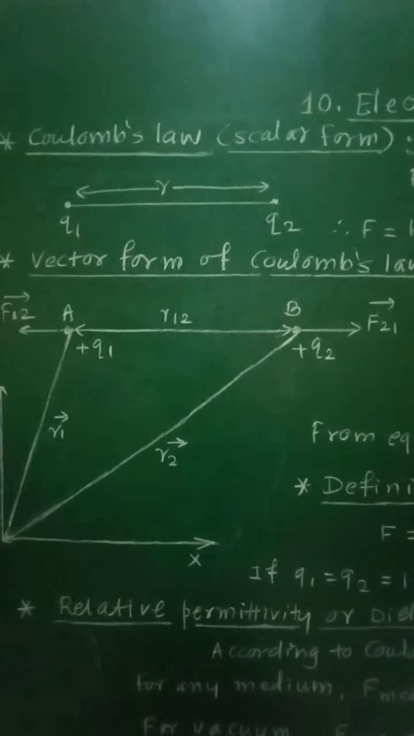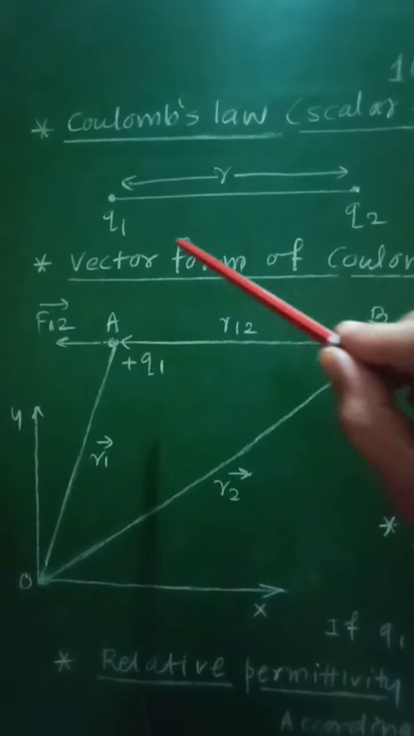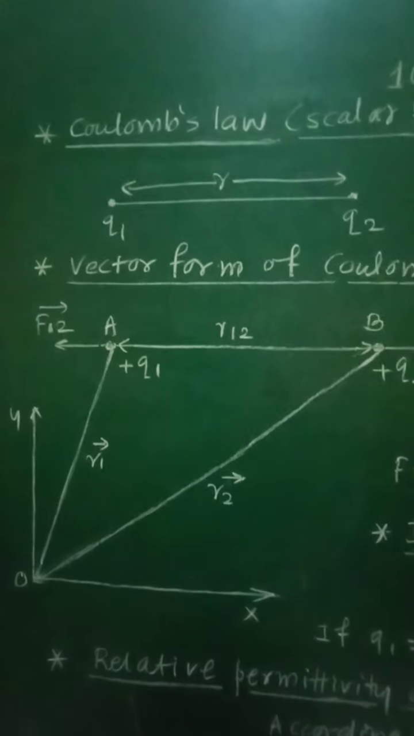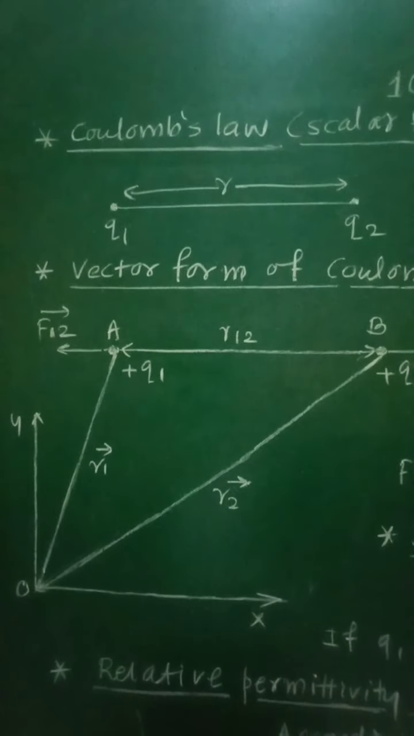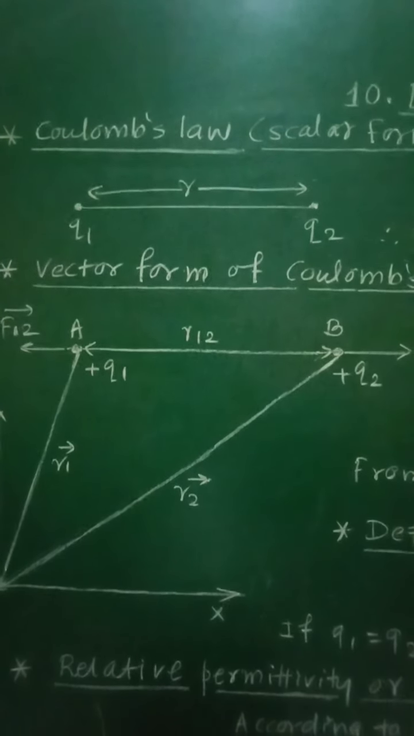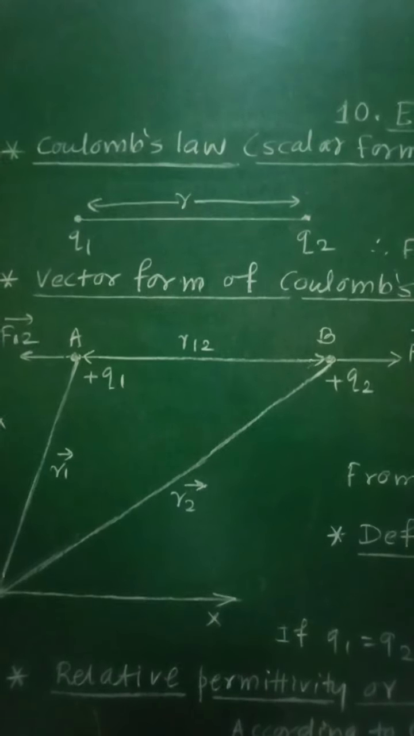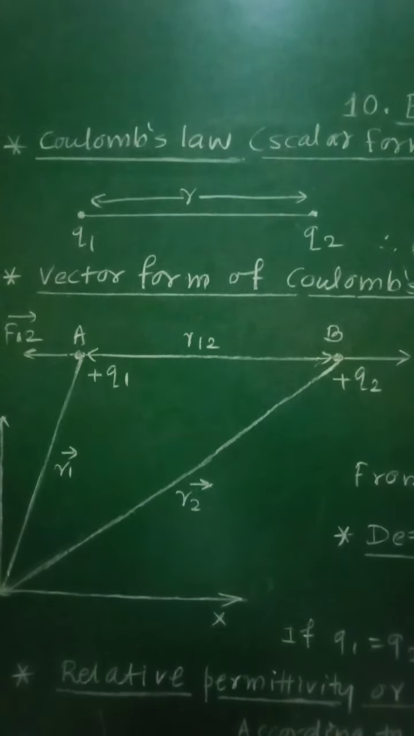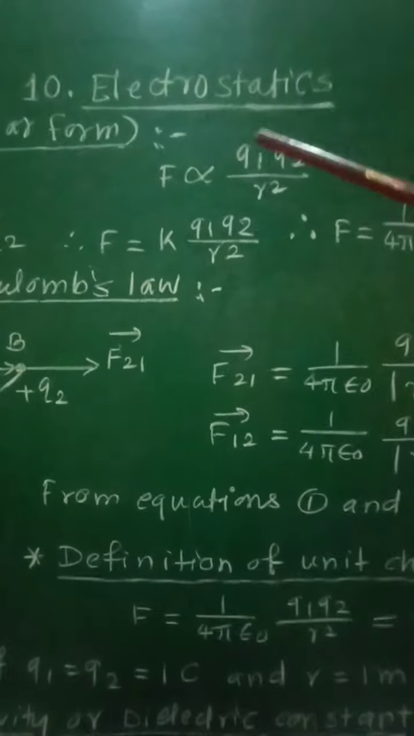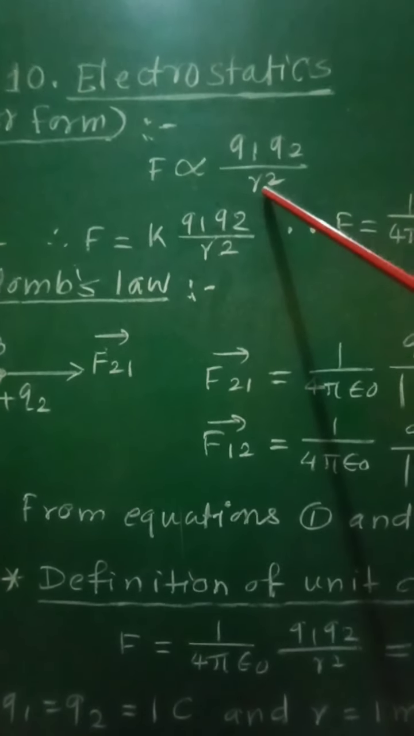In order to explain the mathematical form of Coulomb's law, let us consider 2 point electric charges Q1 and Q2 separated by a distance r. So Q1 and Q2 represent the magnitudes of the two charges, and these two charges are separated by distance r. The magnitude of the force F between these two electric charges is given as F proportional to Q1 Q2 upon r square, and therefore we can